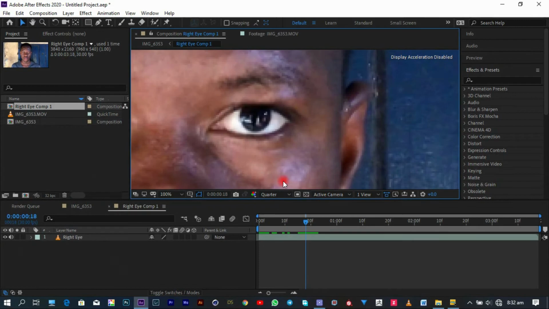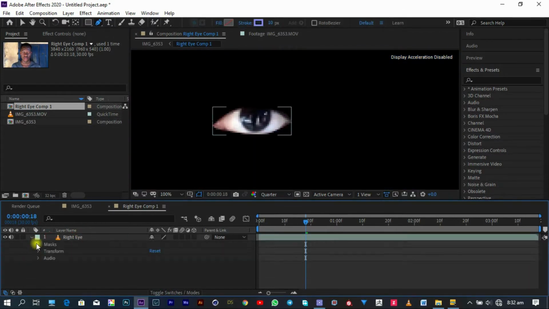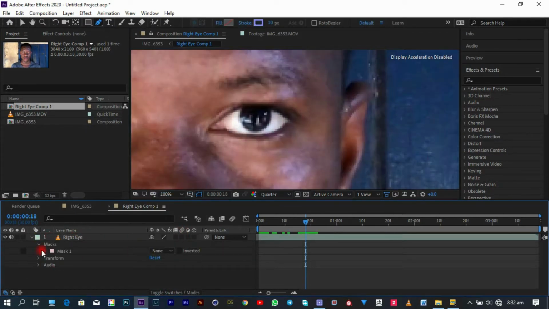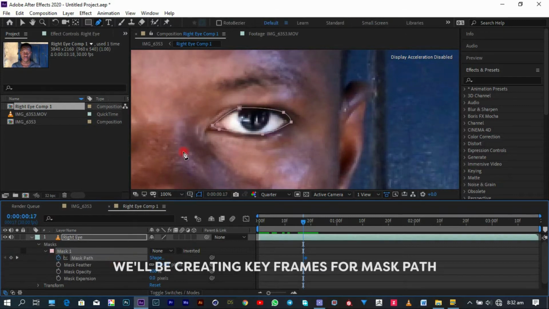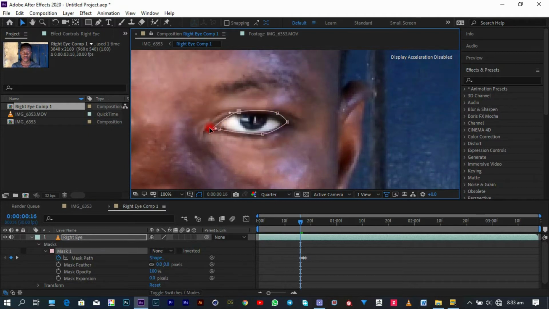Move the playhead to the part at which the eye opens best and then start creating a mask around that part. Change the mode of the mask to none so we can view everything around the mask. If you are to use mask tracking, it's not going to work. That's because our eye opens and closes, so we would have to do the parts in which the eye opens and closes manually. So you can now start by just moving backwards by pressing page up and then creating the mask